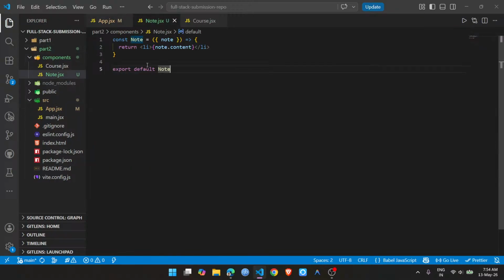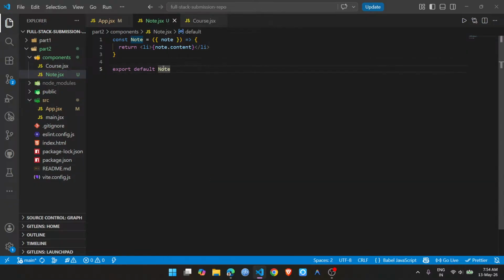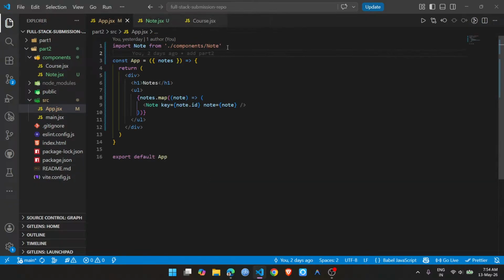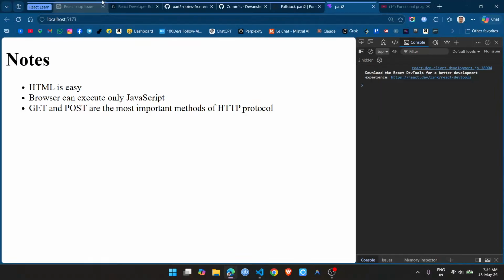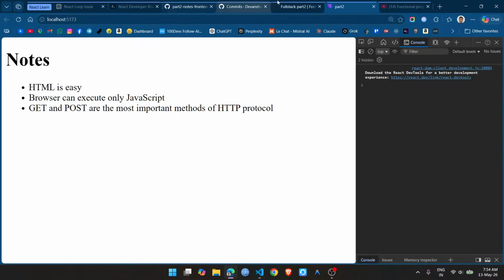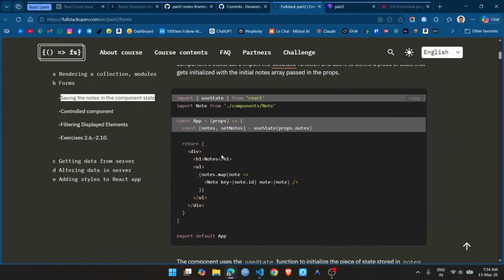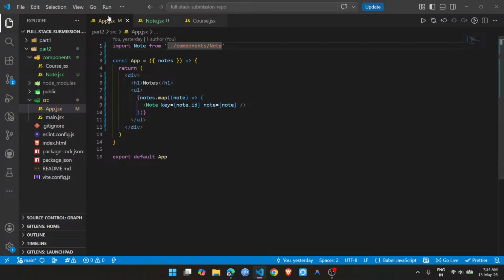In my node, format document, export default node. In my app component, let me rewrite this. Import node from components, and this will be node. So inside the app,